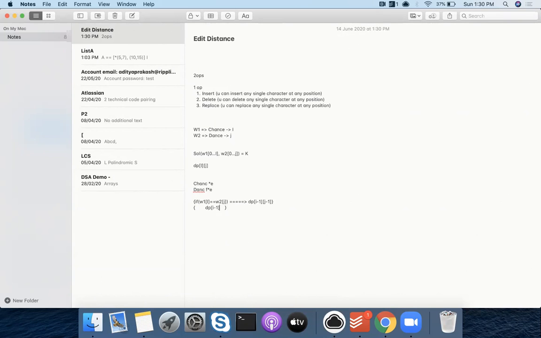So my DP is i minus 1, j, right? Because this was your original string, right? You have inserted E, E and E are same, but you still need to know how can you convert CHANC to DANCF, right? And if this is i, E you have inserted, so this was j before. So it should be dp[i-1][j]. Because we are converting chance to dance. Hold on.